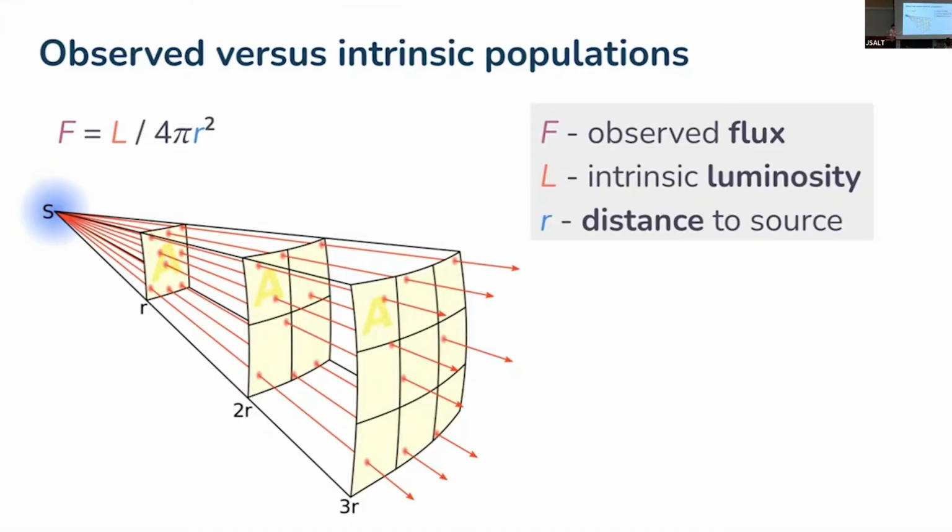Okay, imagine you have some source that's emitting some amount of light. It has an intrinsic luminosity, L, which we're going to just assume is constant for all of these types of sources. And we're not trying to study just this one source in particular, but we're actually trying to understand the population of these sources. So let's say that this kind of source is a star, okay? This star always has luminosity given by L, that's constant.